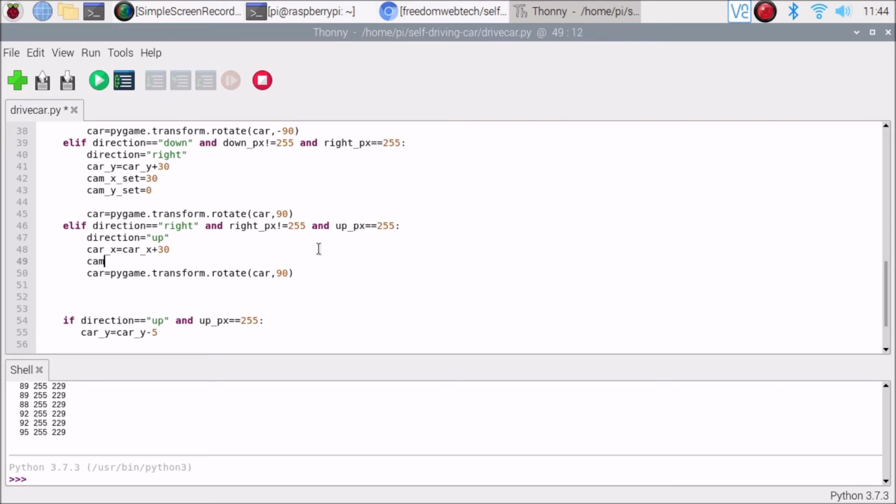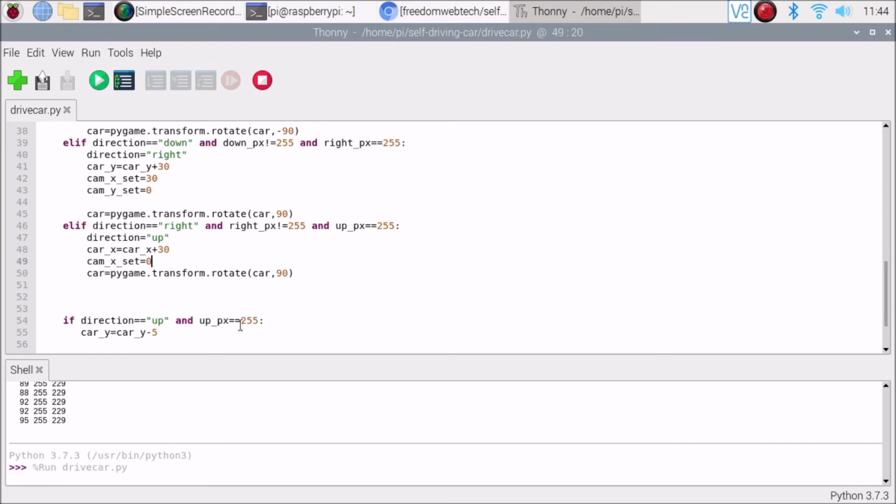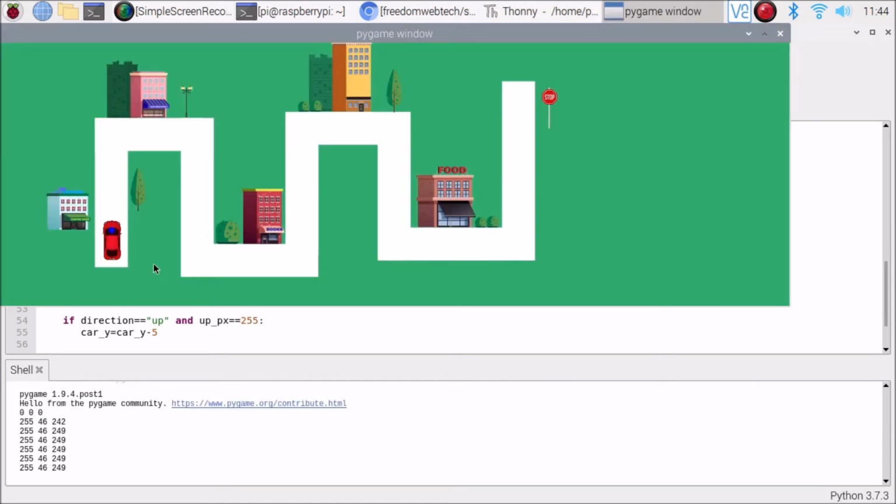Because we mentioned here cam x set is equal to 30, here we need to set cam x set is equal to 0. That's it. If I save the code and run the code, it is going up,